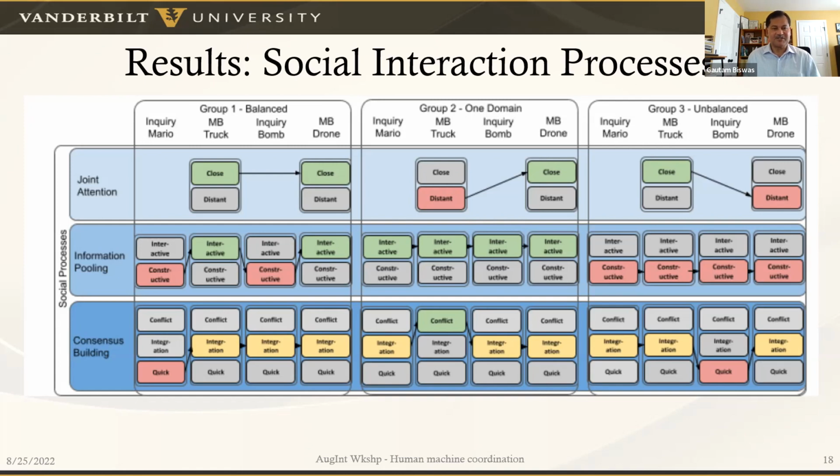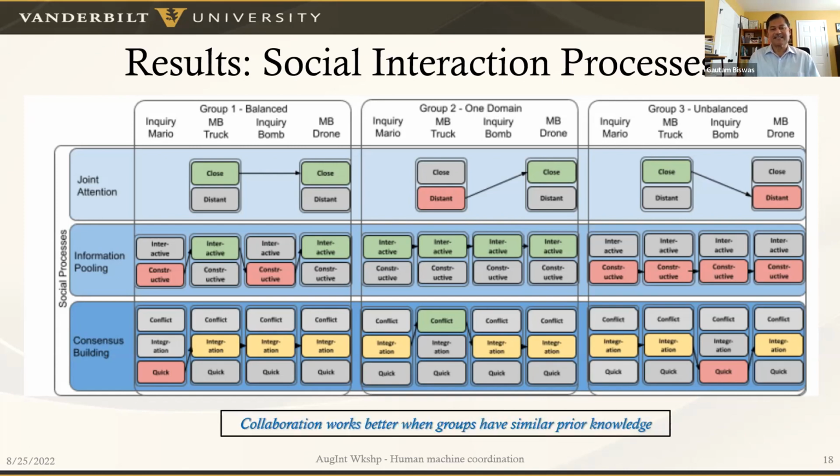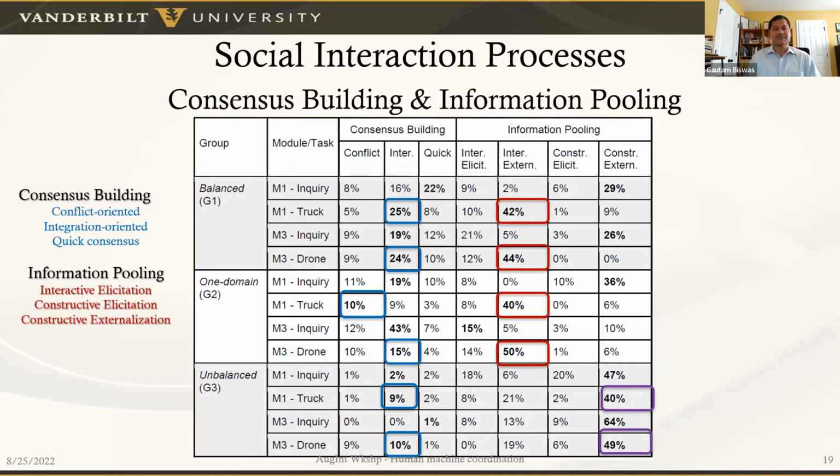Given that we are short on time, I'm not going to get into the details. I have a table on the next slide that explains it better. But as a summary for this figure, collaboration between groups works better when they have similar prior knowledge. If you look at the consensus building and information pooling, the consensus building for all three groups was very much integration oriented. So they were trying to combine knowledge from both domains for the model building tasks, whereas for the